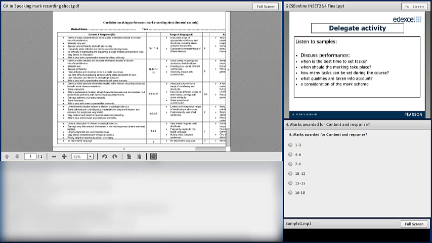Okay, now this candidate opted for the very minimum amount, 4 minutes, and given the difficulty she had in expressing herself sometimes, it's probably understandable why she aimed for the minimum. In the meantime, we've been typing some questions. If you have the specifications at hand, you find the same grid in the specifications as well, if you happen to have the hard copy lying about.